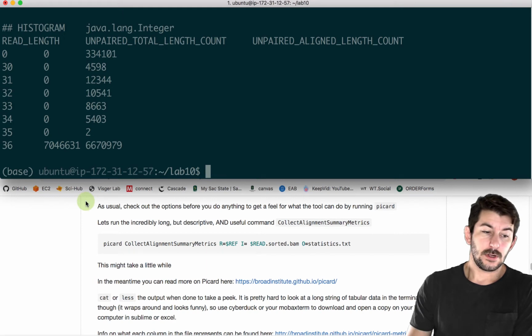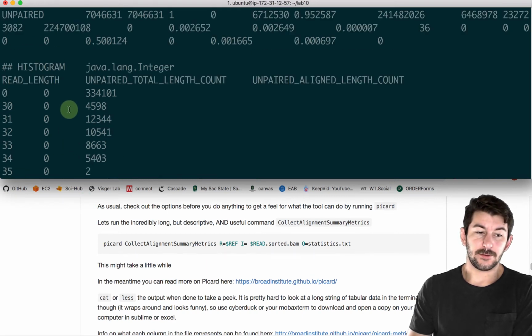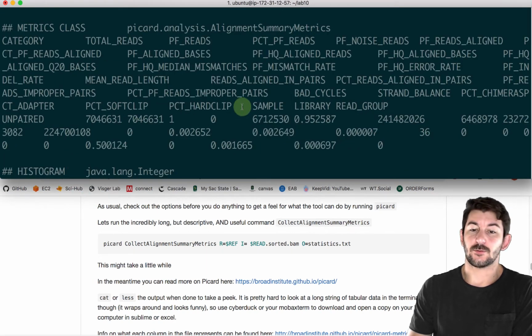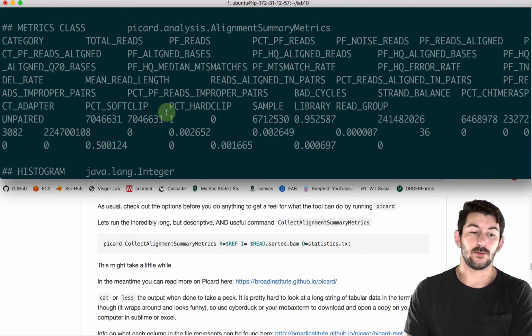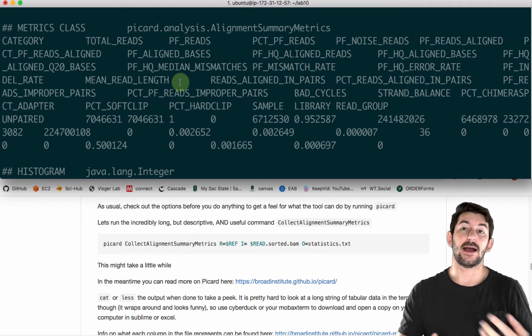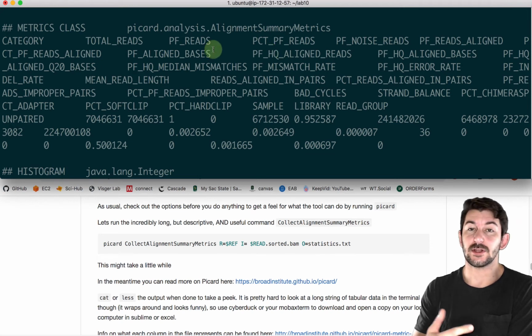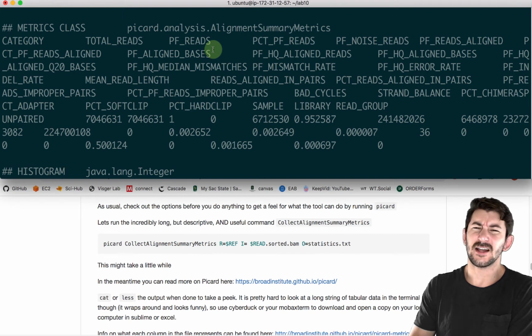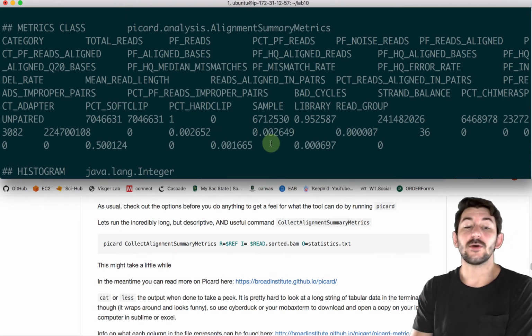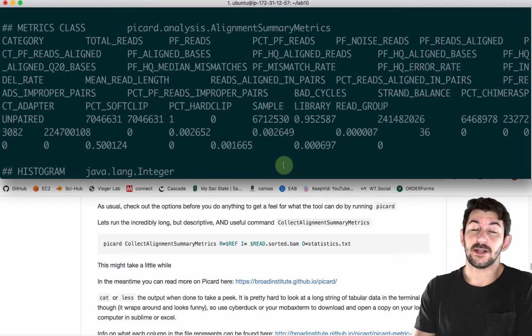Now, I'll warn you, at first it looks kind of normal down at the bottom, but actually that's because it's wrapping around. This is actually a table with basically one column in it because we have one set of reads that we mapped into this. You could map multiple files and you'd get multiple rows. These are basically tons and tons of columns, but because it's really long and it's spaced with tabs, it's not great to look at within the terminal. You could go ahead and use CyberDuck and download this and open it in Excel or something else as a tab delimited